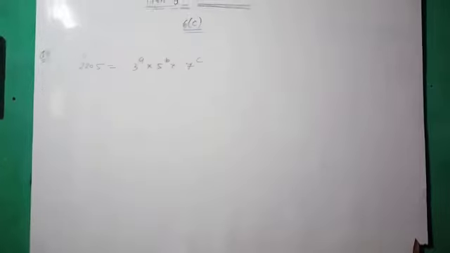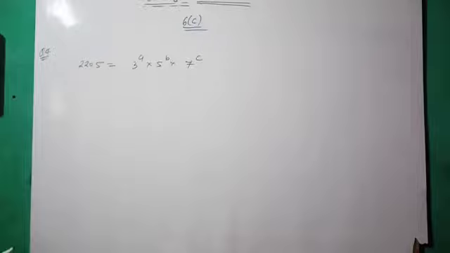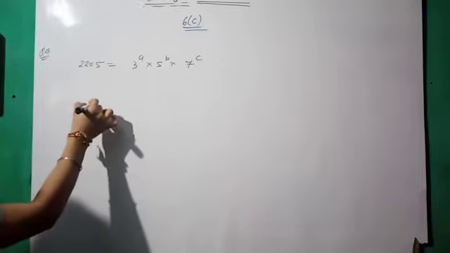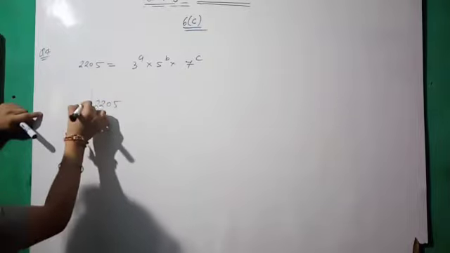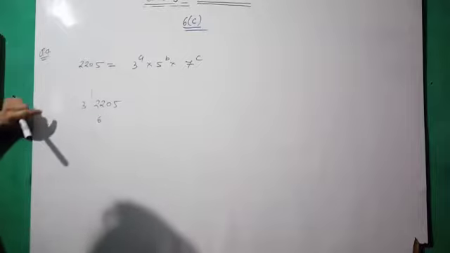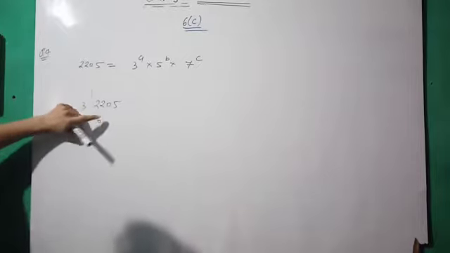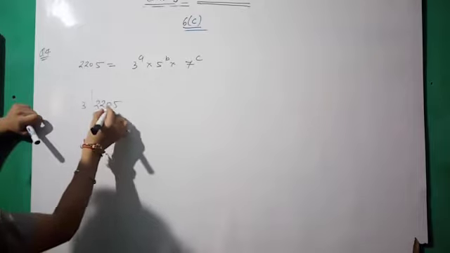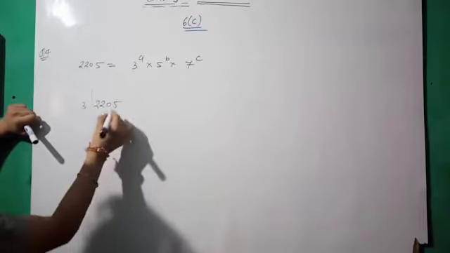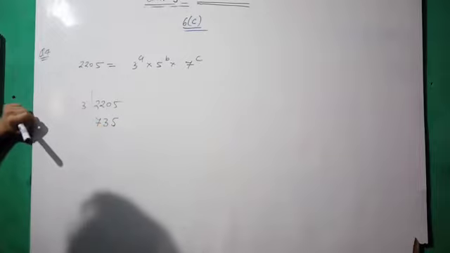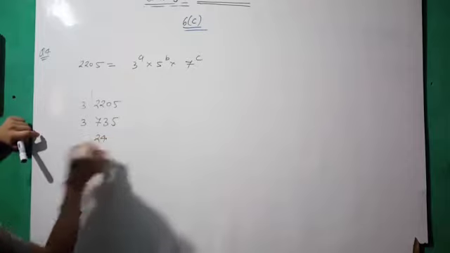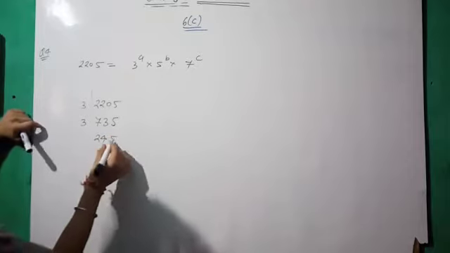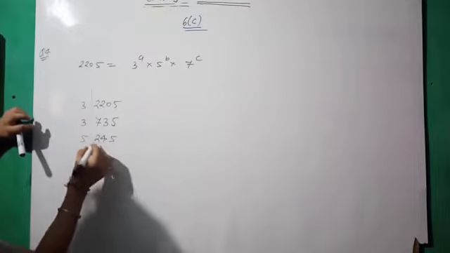Okay, let us see. For solving this, to find the values of a, b, c, first you have to factorize 2205 in terms of 3, 5 and 7. Prime factorization of 2205. 3 sixes are 18, then 3 sevens are 21, then 10, 3 threes are 9, 3 fives are 15. Again divide by 3. Okay, you can solve. Now 5.